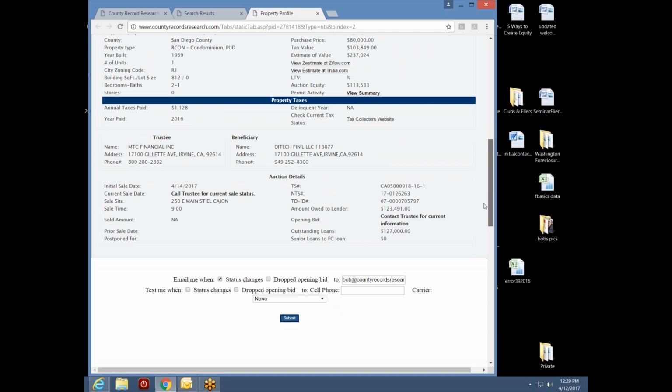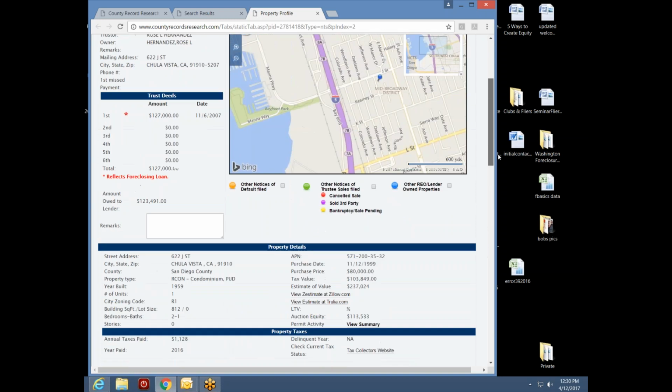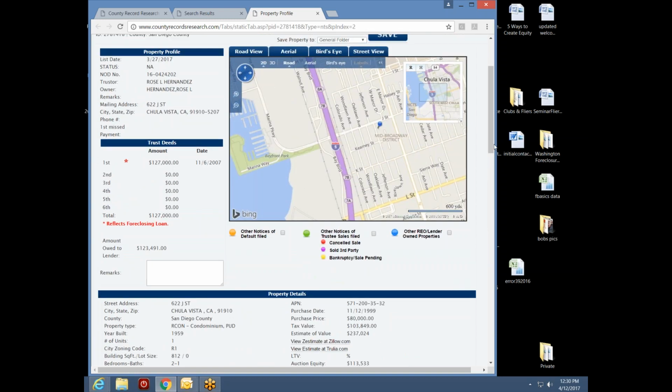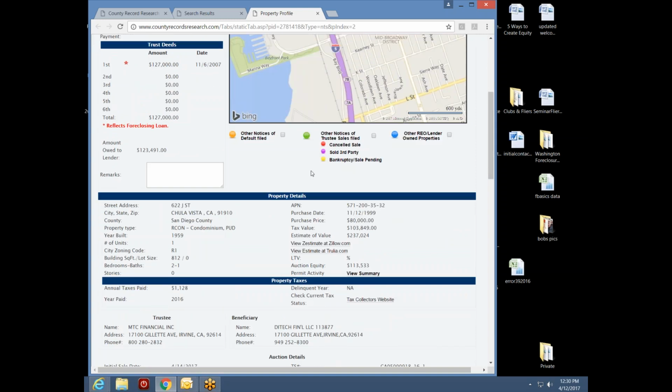And if I want to be ready, then I'm setting up my status change update. This will tell me if it gets canceled, if it gets postponed, or if the lender sets an opening bid. I think they'll set an opening bid. I think it's going to be about 125. Now, why do I say that? Because they set the auction back in March. Notice the list date's March. It's April now, so she's missed one more payment. So I think it's gone up a little bit. I think it's going to be about 125 at the auction.